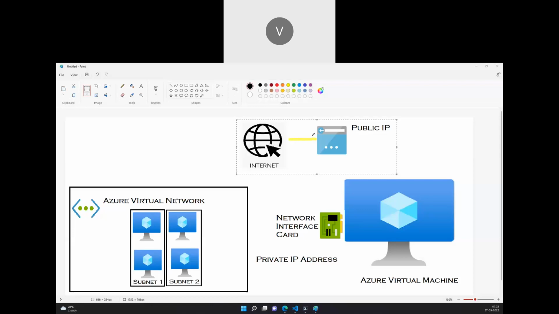The public IP is a service in Azure which you will create, and you will attach this public IP to your network interface card. If you go into the network interface card, you will see you can associate a public IP for that. Similarly, you are creating your machine in a virtual network, right? So you have a virtual network, and in that virtual network is where the machine will be. Now your virtual network will be connected to the network interface card, and it will give you a private IP